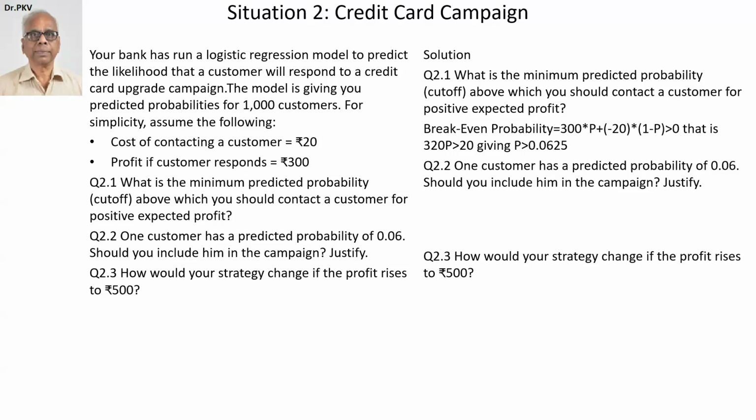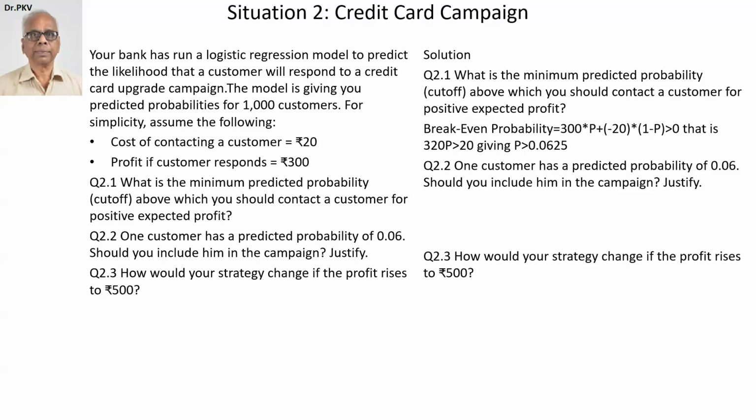The profit is 300. If the probability of the profit is P in the logistic regression model, I will get 300 times the probability whenever the customer responds. Supposing the customer doesn't respond, the probability of not responding is 1 minus P. I incur a loss of 20, or a profit of minus 20, which I plug in there. And upon simplification, what I get is P greater than